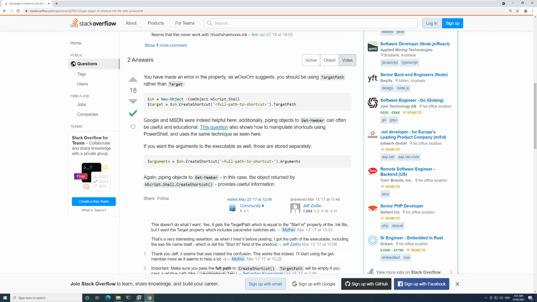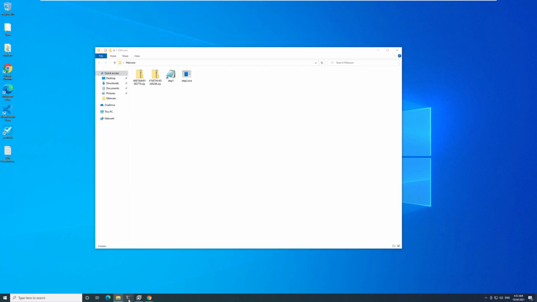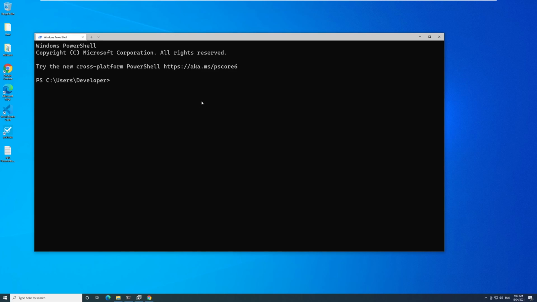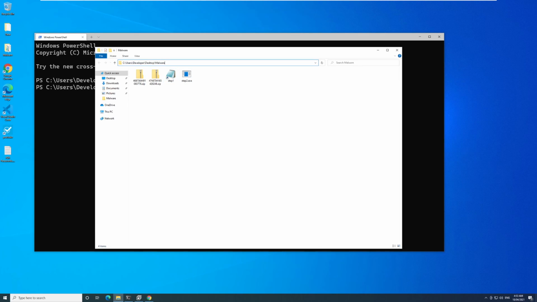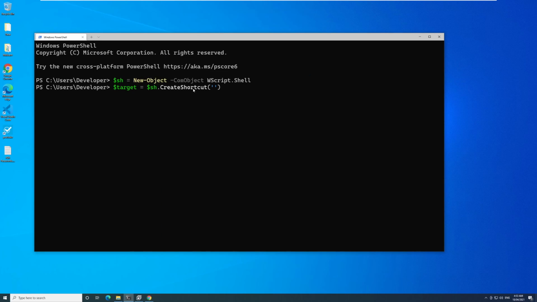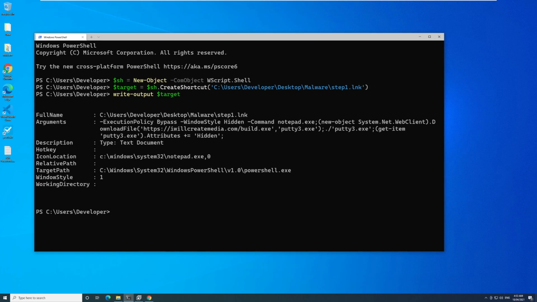I have the Stack Overflow article here which I will use to help me with the analysis. I will open up a terminal and in the terminal I will paste these commands. I will also copy the shortcut path and put it in the code. So here is the path, and after that I will use the command write-output $target to put the details of the command on the